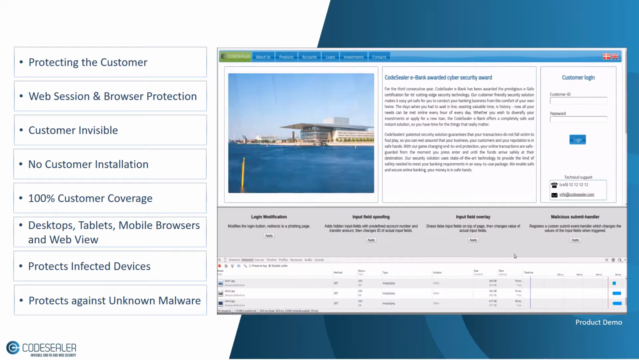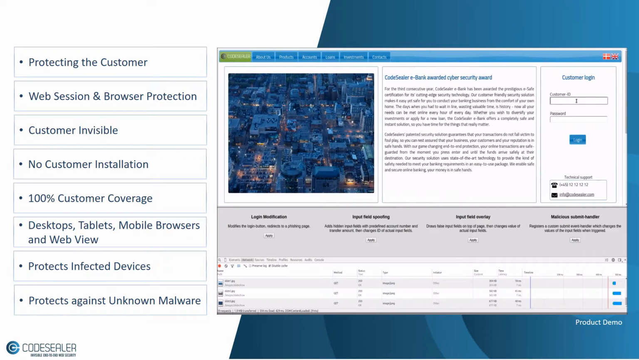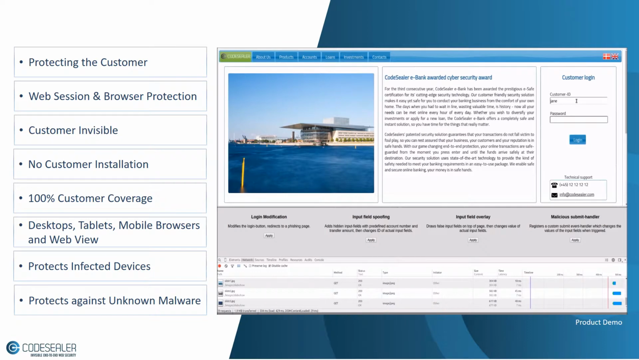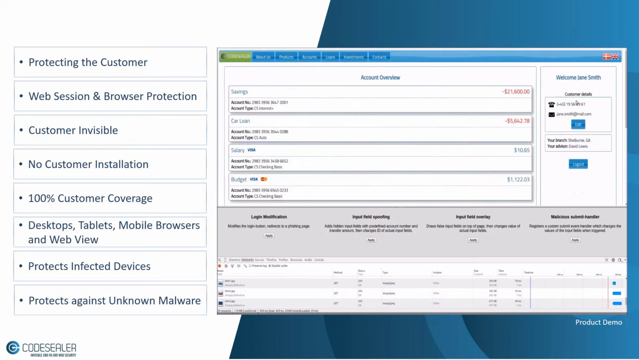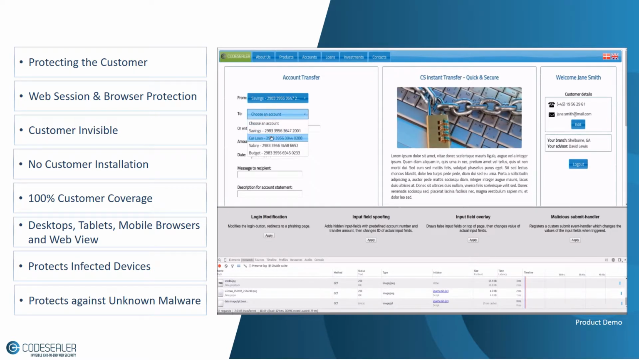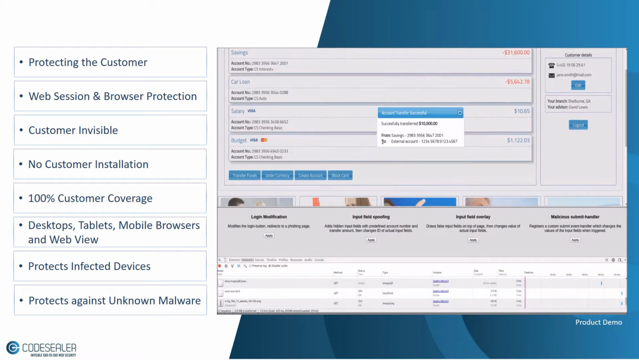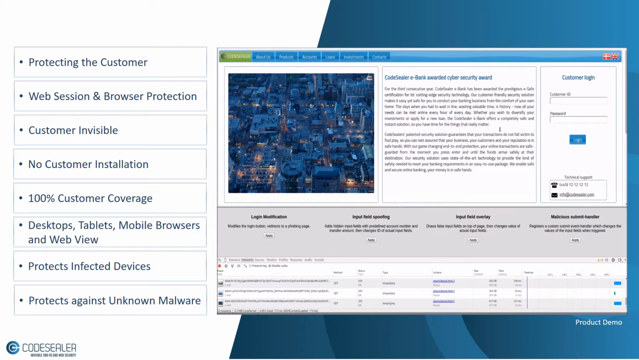And I will show the last attack, malicious submit handler, where an event handler is being injected into the page. And the customer will go to her account and transfer $100 to a car loan and apply the event handler attack. And when she tries to transfer the money to her car loan, $10,000 will again be stolen from her account. And if we do the same running with WSF,